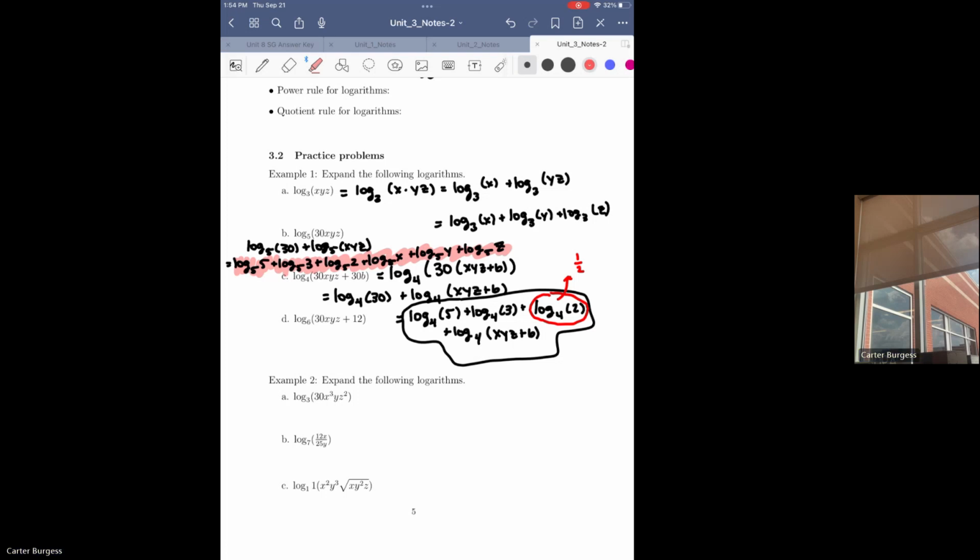Much better. All right, now for D, is this a product? So can I just jump straight into the product rule? No, this is a sum. And so what was the factoring that I could do to rewrite the product? Yeah, bring out a 6. So this is log